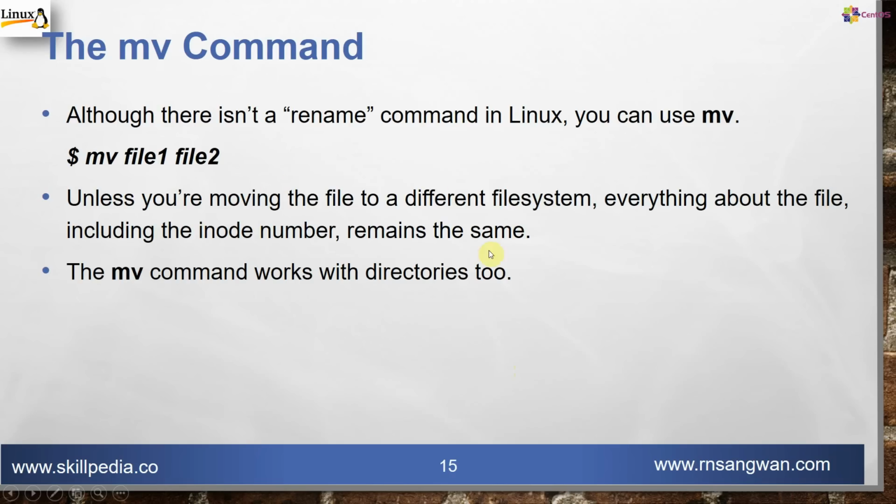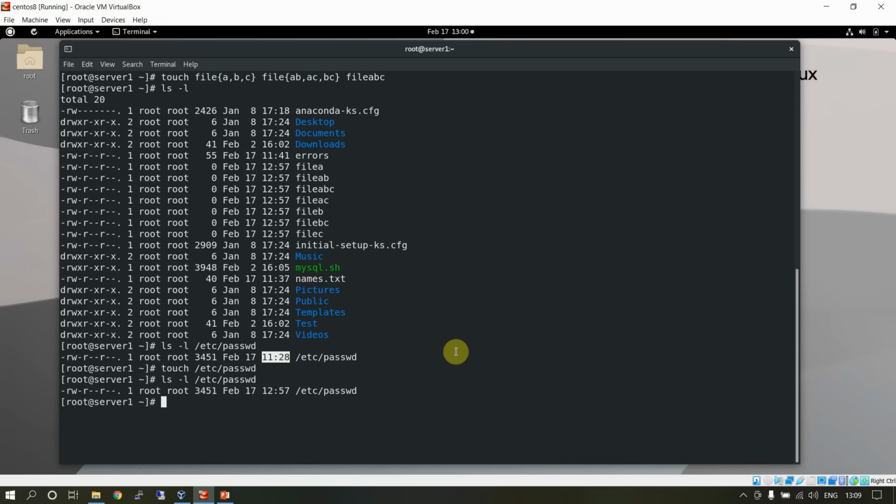And the mv command is used to move files, and you can move directories as well. Let's look at both the commands, cp and mv. So let me create a directory in the mnt folder for backup purposes, let's say mkdir /backup. I create a directory backup.